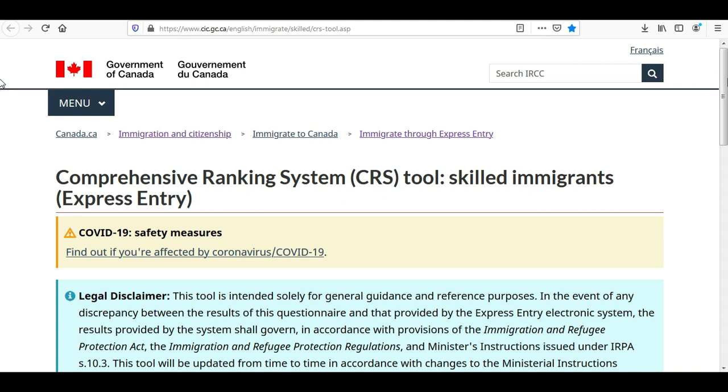In today's video, I will talk about how to calculate CRS score for the Express Entry program. I am going to use this Comprehensive Ranking System tool, which is designed for skilled immigrants of Express Entry. So if you want to apply in the Express Entry program and you want to calculate your CRS score, then this